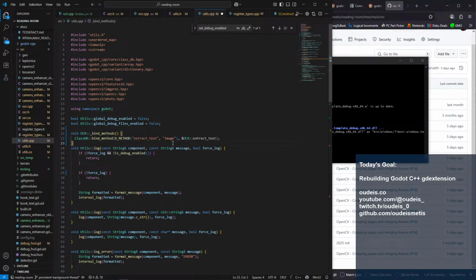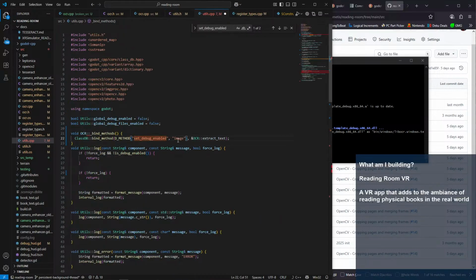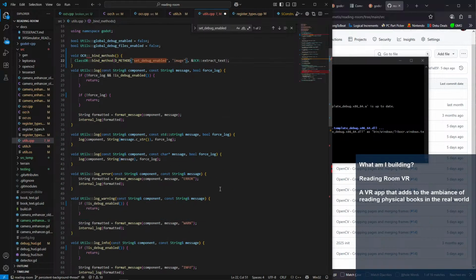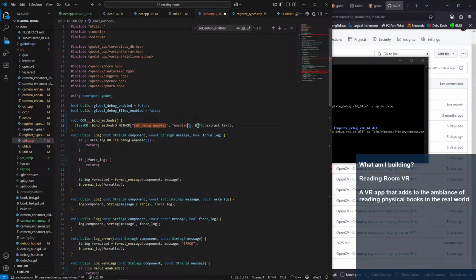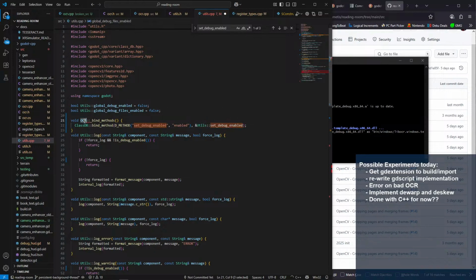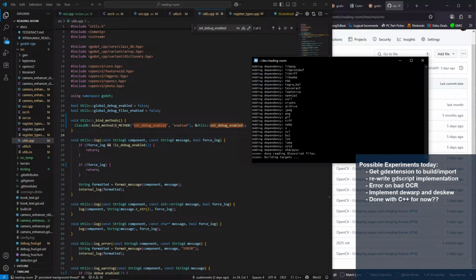Probably here. And then what I want to bind to that is set debug enabled. And that's a boolean enabled. And new, like that. And this is utils. Now I should be able to set it globally.